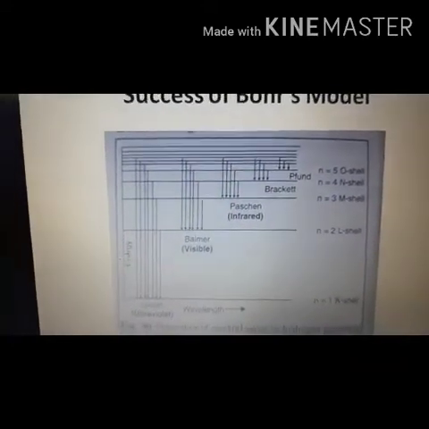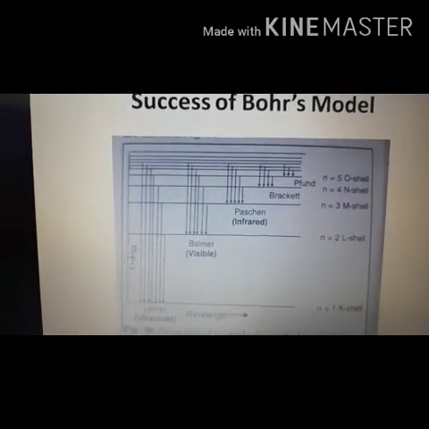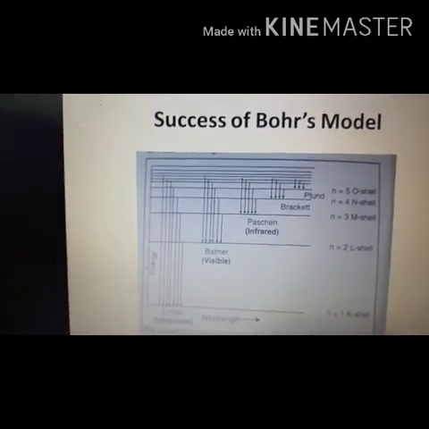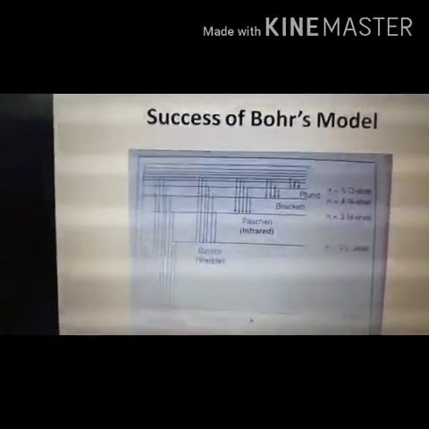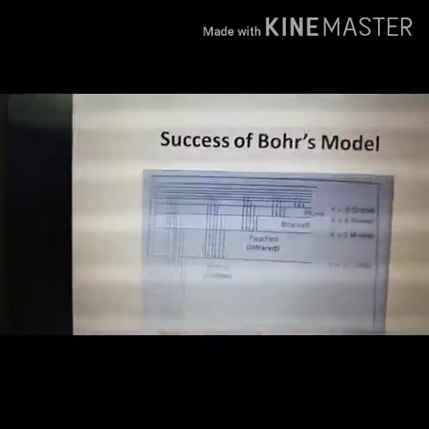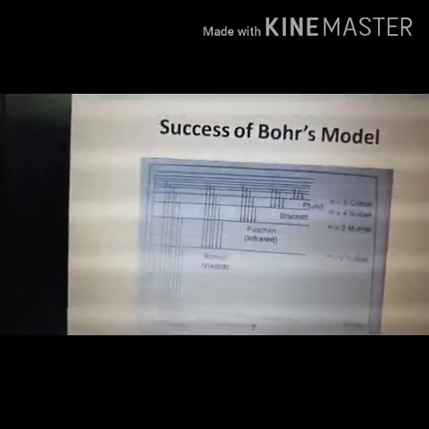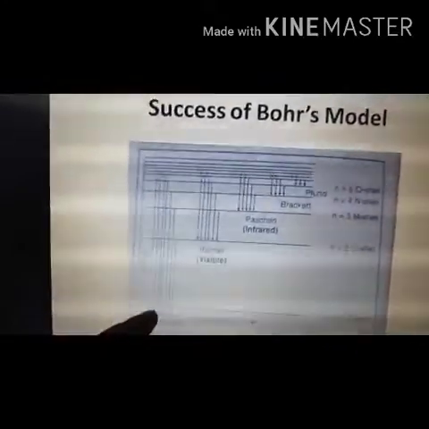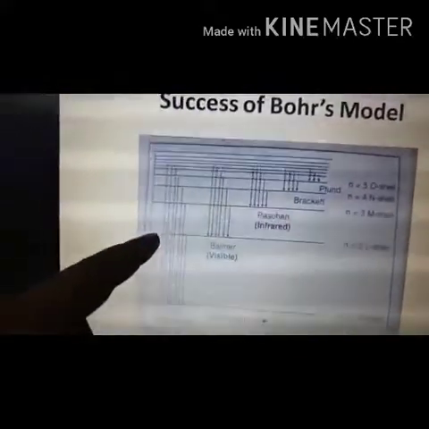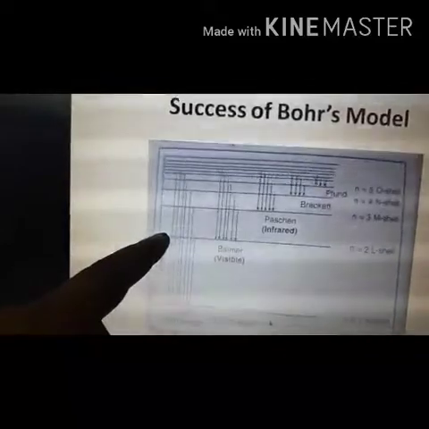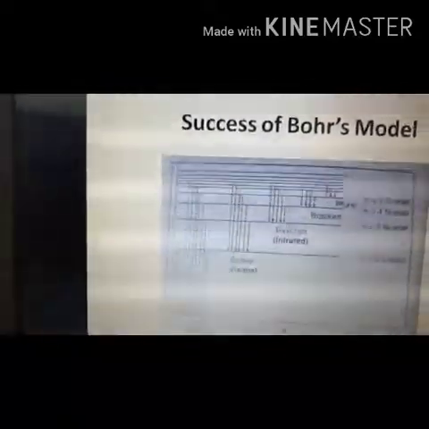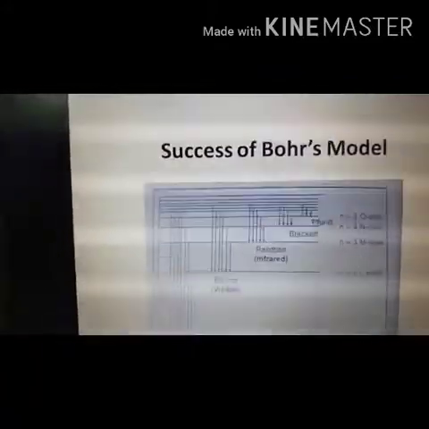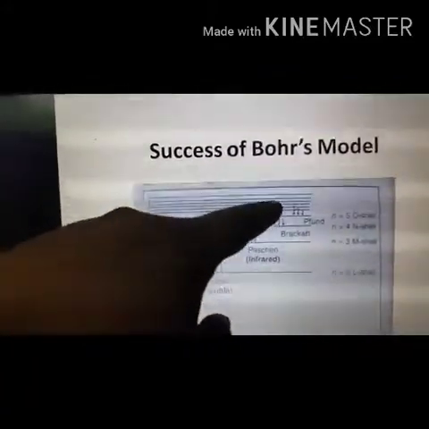If we take hydrogen atoms in a gas jar and pass electric discharge, then the electrons of many hydrogen atoms, there is not only one hydrogen atom, many hydrogen atoms are there, will acquire different amounts of energy, so that they can be moved from the ground state to the excited states, that is n equal to 2, n equal to 3, n equal to 4, n equal to 5, etc. Now see, these are the higher energy states, and different electrons are occupying them after gaining energy.